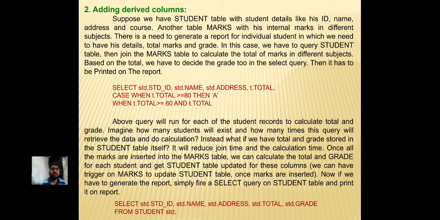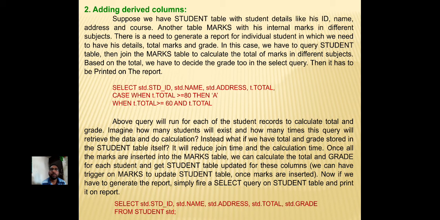Instead, what if we have total and grade stored in the student table itself? It will reduce join time and calculation time. Once all the marks are inserted into the marks table, we can calculate the total and grade for each student and get the student table updated for these columns.